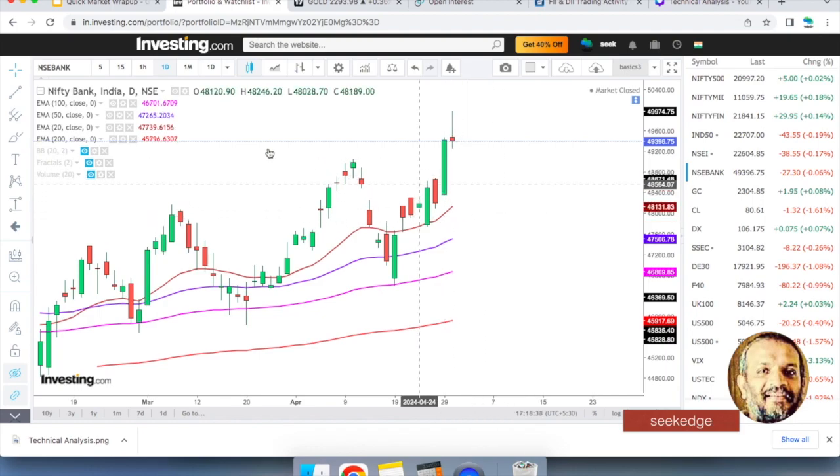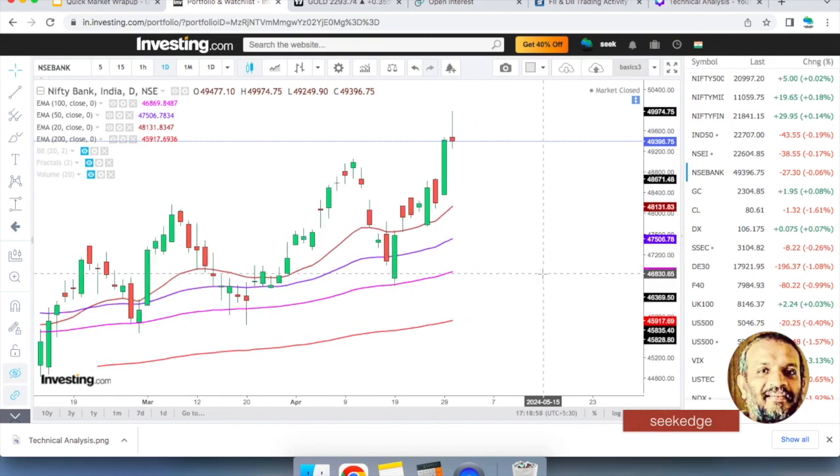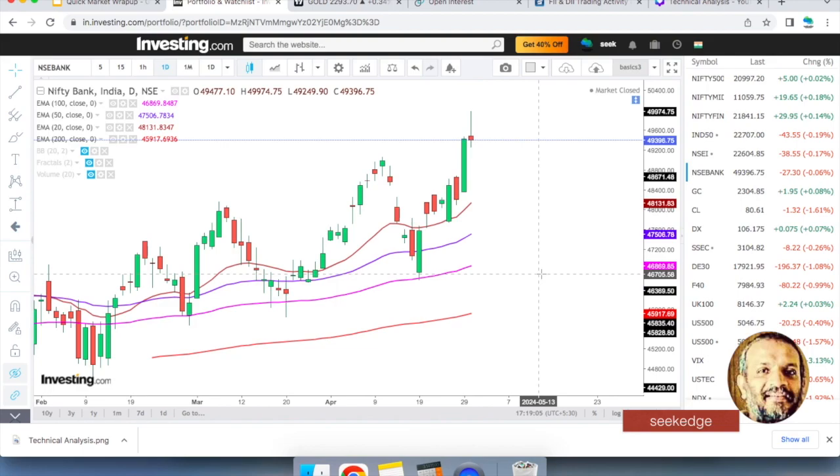And probably this could just be profit booking that came in when the market hit the all-time highs, or some partial profit booking, or it could be an expiry play, which was the Banknifty expiry that happened at 50,000. Very close to that, it reversed. It didn't touch the 50,000 big round number, but inches away from that, it reversed.